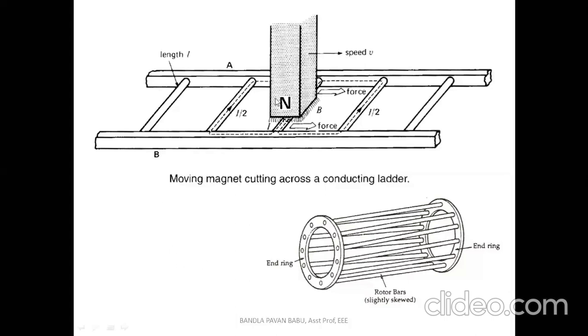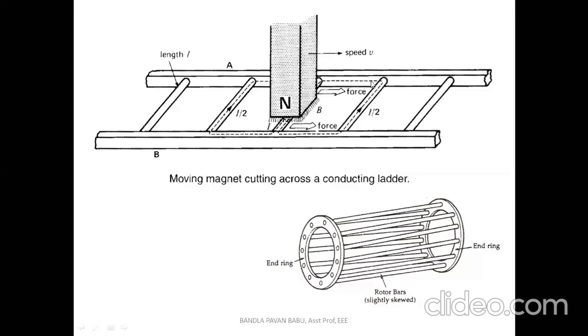And this permanent magnet has started moving towards the right side. Where we have seen the force, you can see the direction of the force with a speed of v. Whenever this magnet is moved, this varying magnetic field is cut by the conductor. So as per Faraday's law, what does it mean? When a varying magnetic field is cut by the conductor, an EMF is induced in it.